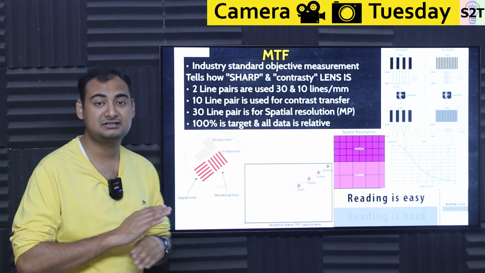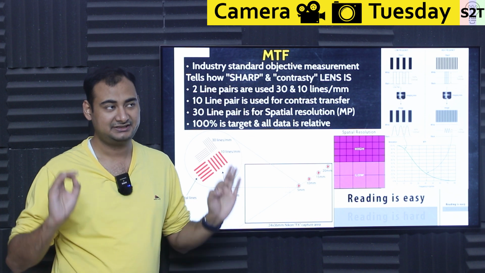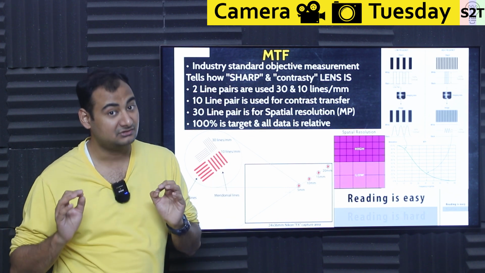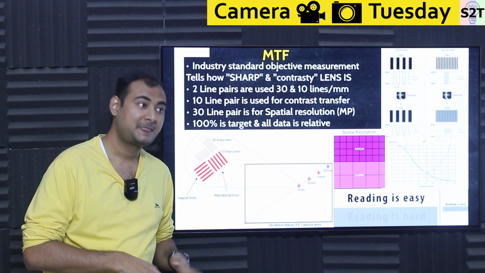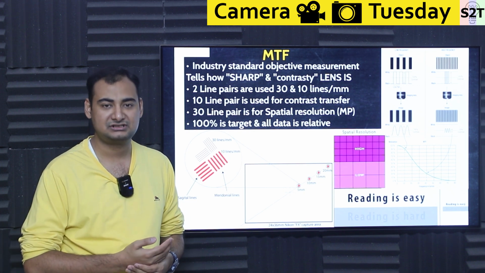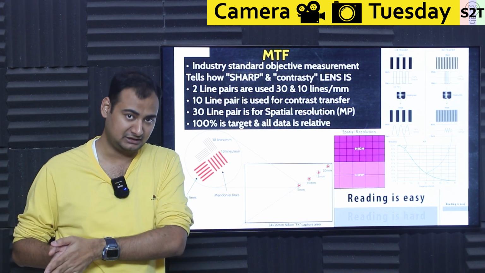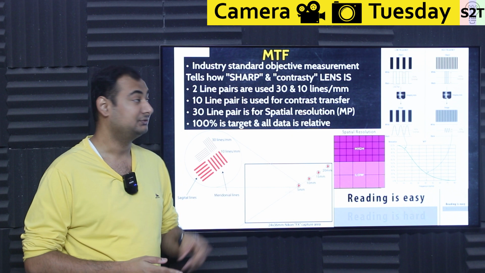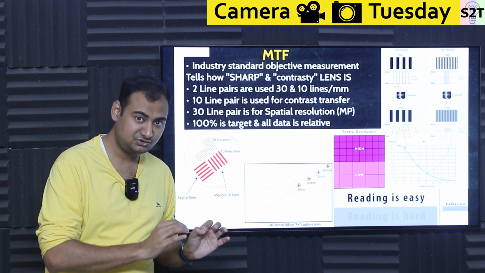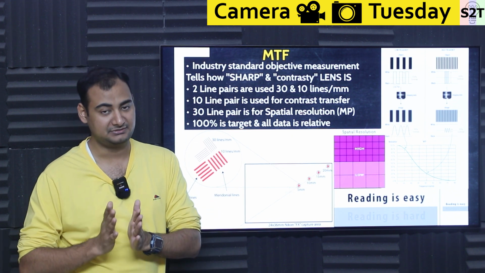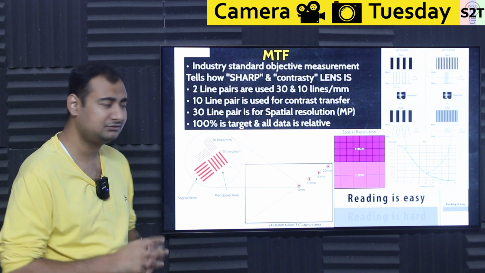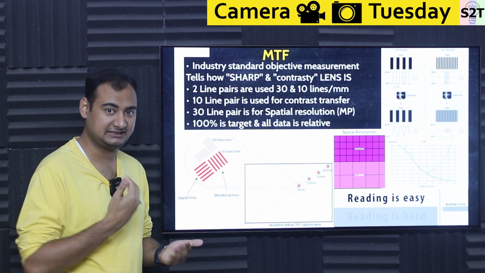Now, this measurement has nothing to do with color. Let that be very clear. It can tell you contrast, it can tell you resolution, but it cannot tell you color. So you may find yourself in an odd situation where you like the color rendition of a lens which may not be sharp enough. So be mindful, MTF only tells you resolution and sharpness, basically contrast. So how does it physically tell you that this is what it is?